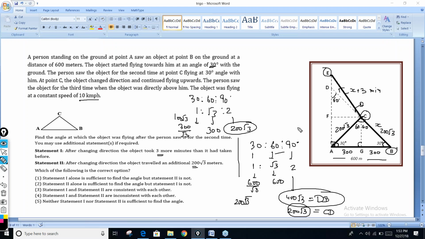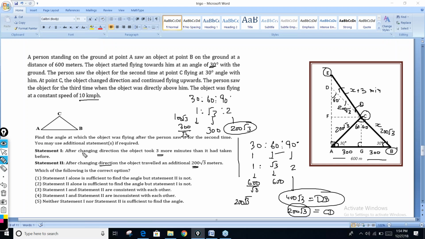ये डिस्टेंस है 200 root 3. अब ध्यान से देखें. अब वो कह रहा है आफ्टर चेंजिंग द डायरेक्शन द ऑब्जेक्ट ट्रेवल एन एडिशनल डिस्टेंस ऑफ 200 root 3. So this distance it is 200 root 3. बट ये 200 root 3 तो तब आ रहा है जब उसने डायरेक्शन चेंज ना किया हो. यानी कि उसको जितना टाइम पहले लगना था यहां से यहां तक आने में, अभी भी उतना ही टाइम लगना चाहिए, बिकॉज दिस डिस्टेंस इज ऑल्सो कमिंग आउट टू बी 200 root 3. अगर डायरेक्शन चेंज करने के बाद ये वाला डिस्टेंस भी 200 root 3 आ रहा है तो टाइम तो सेम लगना चाहिए था ना,